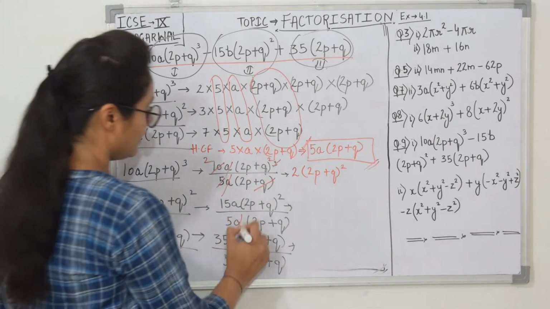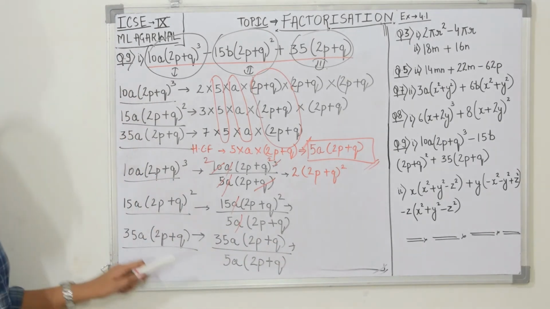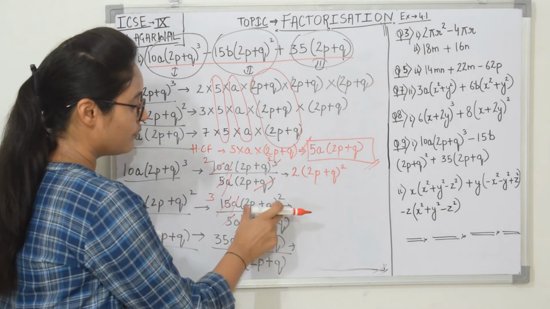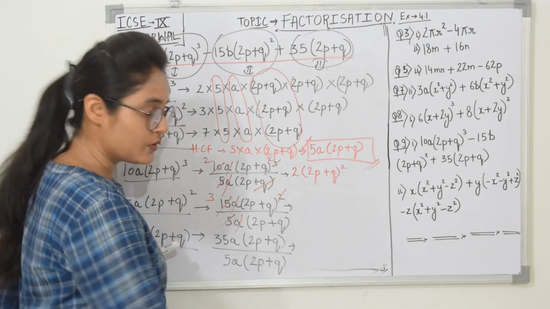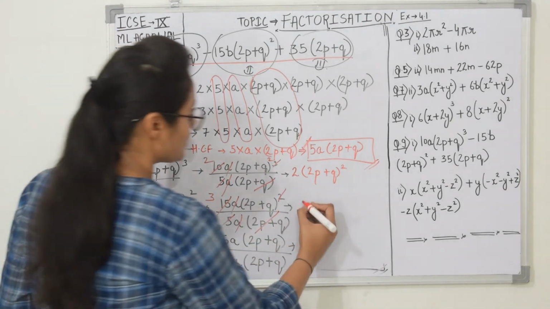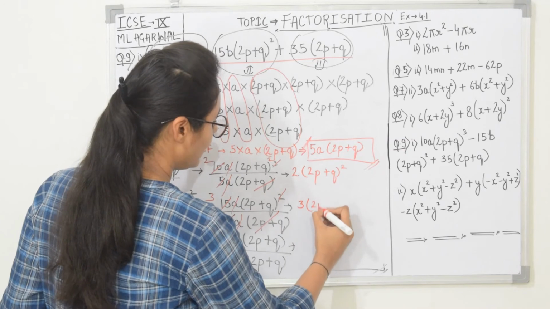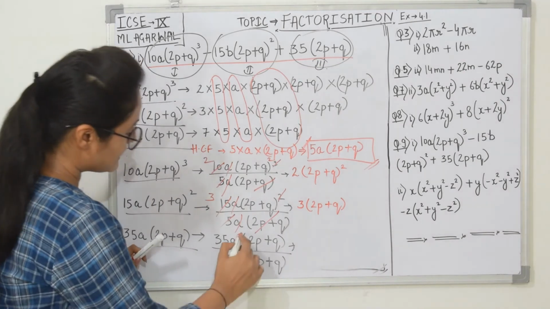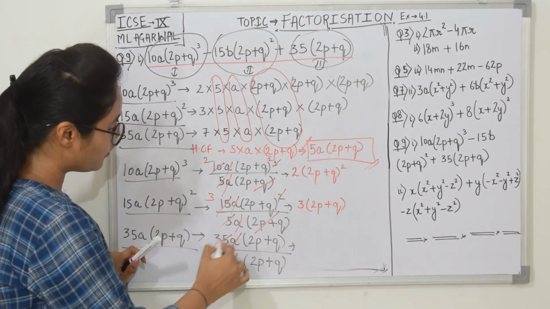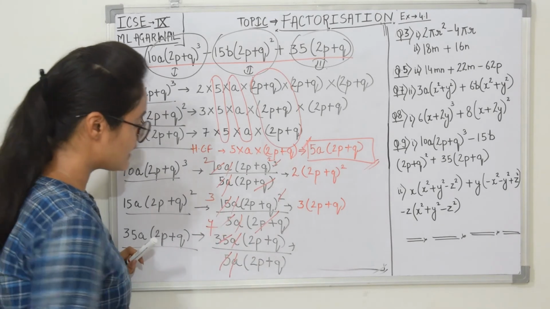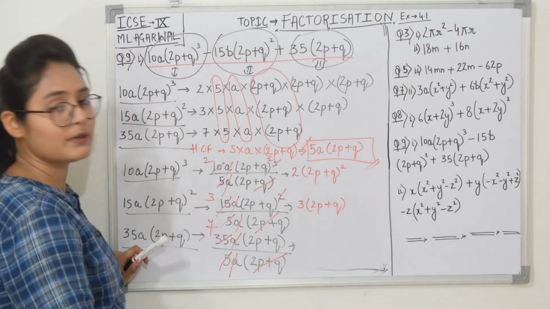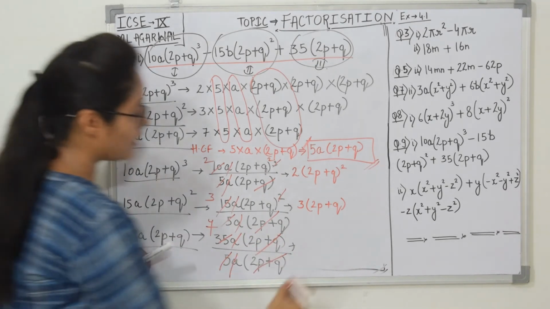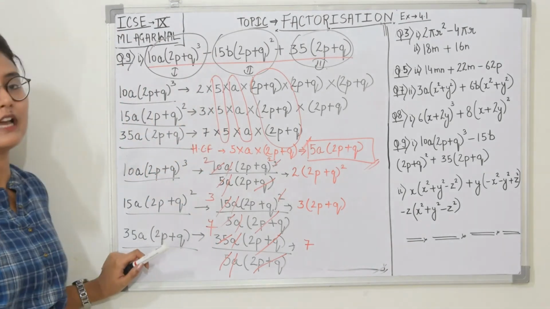2. Okay, now see, dividing a and a again for our second term, dividing 15 by 5 is going to give us 3. 2p plus q, 1 2p plus q whole square. 1 2p plus q is going to be cancelled out with the denominator 1. So here you will be left with what? Only 1 2p plus q as whole. In the last term, just cancelled out a and a part, cancelled out 35 by 7, 5 7s is 35. 2p plus q, 1 2p plus q you are having in your denominator, 1 2p plus q you are having in your numerator. This cancelled out as it is, you will be getting only 7 as your remainder.